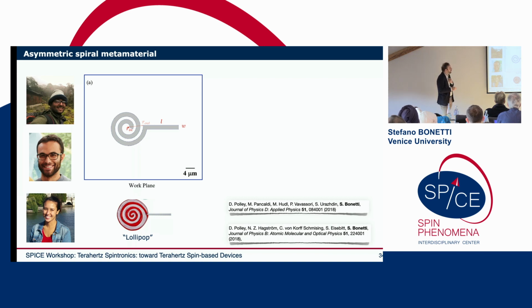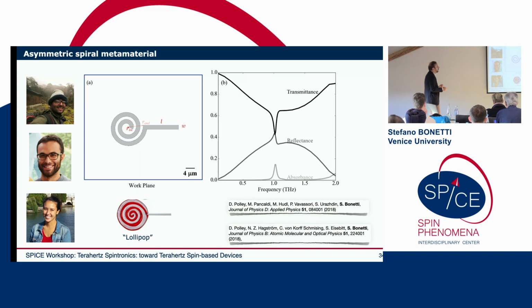And the idea is not only the spiral. The thing that helped quite a lot is to add this arm to couple a linearly polarized terahertz magnetic field, and this actually works quite well. Of course, if you put 2, you would cancel it, but if you put only 1 arm, it will actually work. This is, of course, a large inductance with a certain resistance, so it defines a resonance quite well. We designed them to have, by design, about a 1 terahertz resonance because we want to show this. And you can calculate the transmittance, the reflectance, and the absorbance